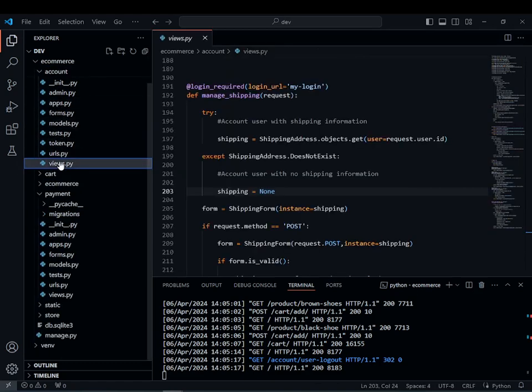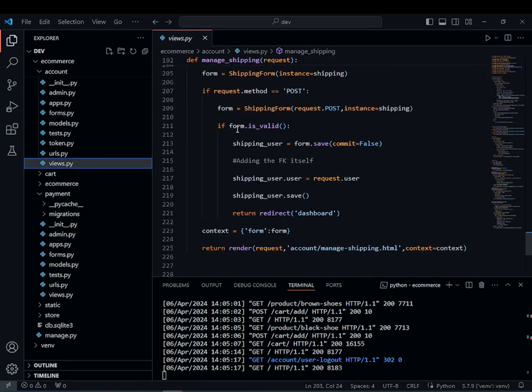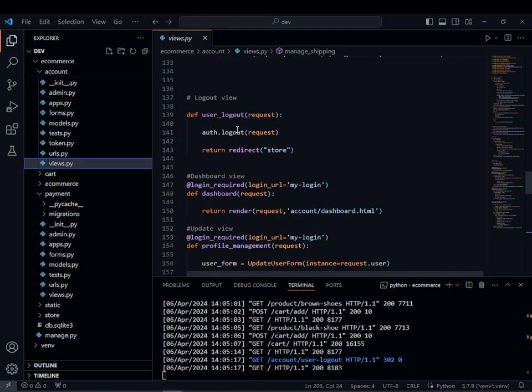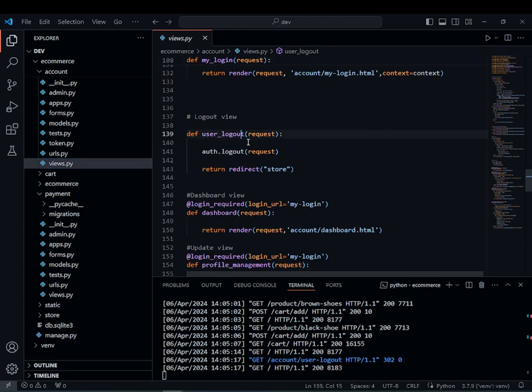So just go to account, views, and go ahead to your logout. So here for logout, we also need that login required decorator. Just paste it there, and without saying auth.logout, what we want is